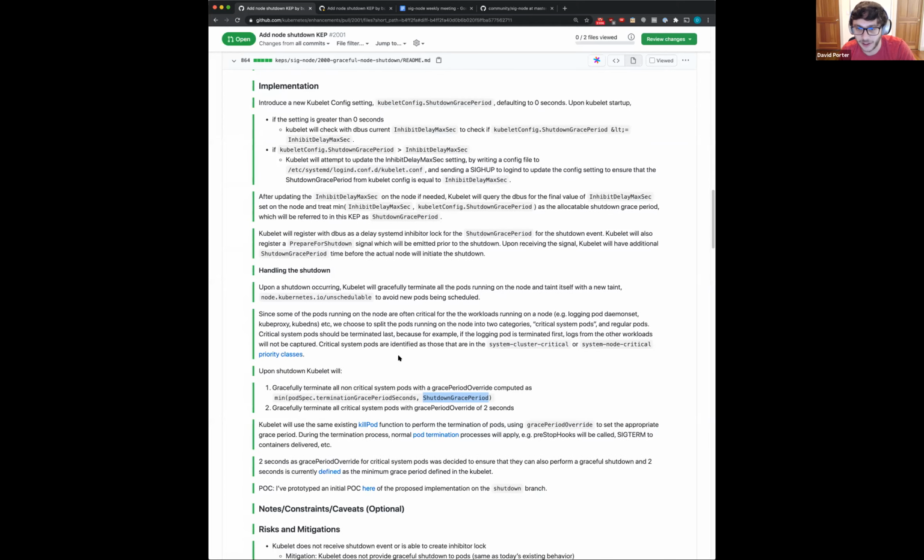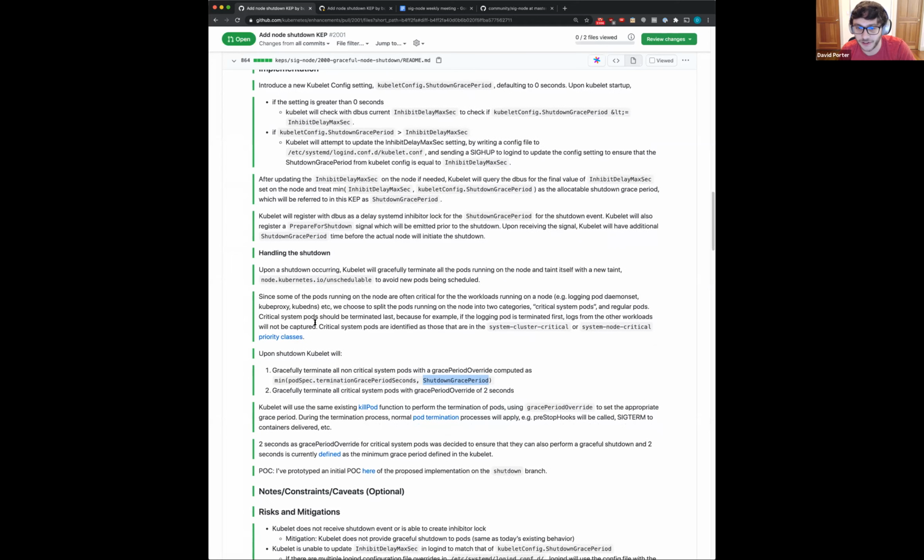And then the other thing that the KEP touches on here is we want to shut down in order a little bit. So when you're shutting down all the pods in your machine, some are actually critical, like your logging daemon. You want to make sure that your logging daemon exits last, so that during shutdown, you get all your logs propagated. So the idea here is to make use of priority classes.